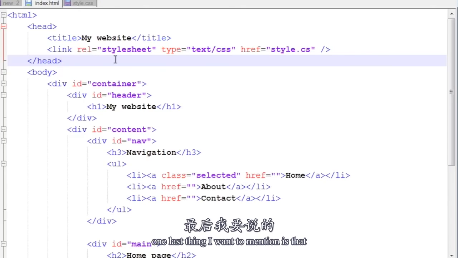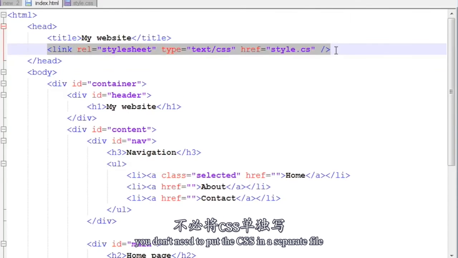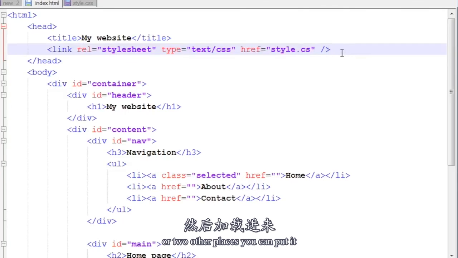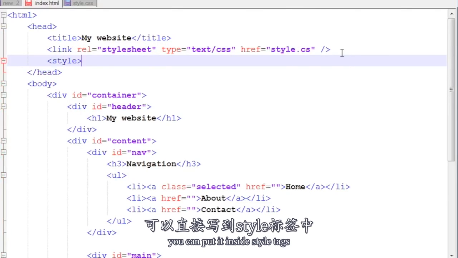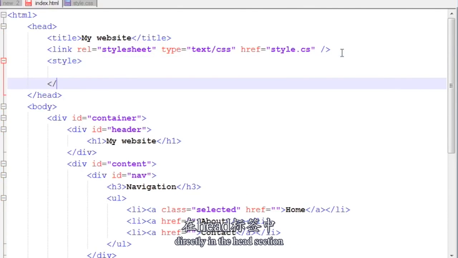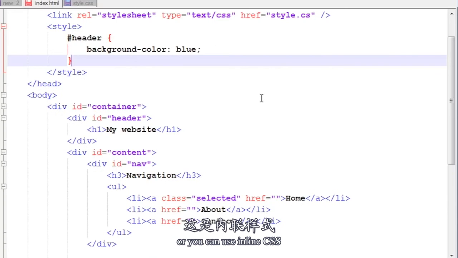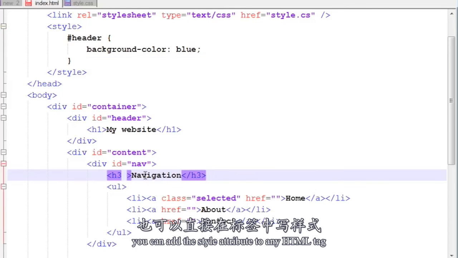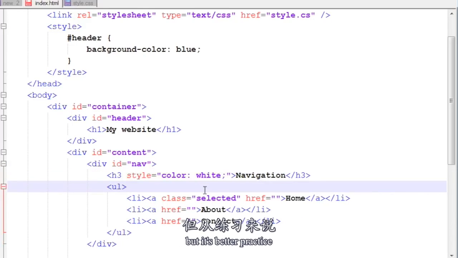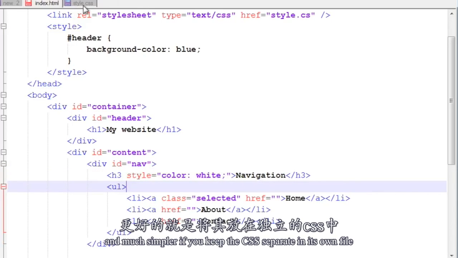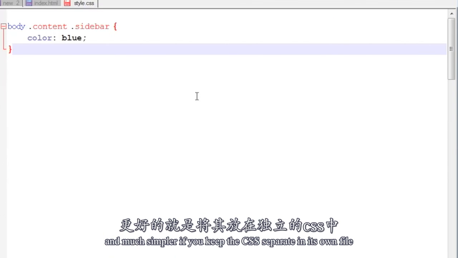One last thing I want to mention is that you don't need to put the CSS in a separate file. There are two other places you can put it. You can put it inside style tags directly in the head section, just like that. Or you can use inline CSS. You can add the style attribute to any HTML tag. But it's better practice and much simpler if you keep the CSS separate in its own file, so I recommend